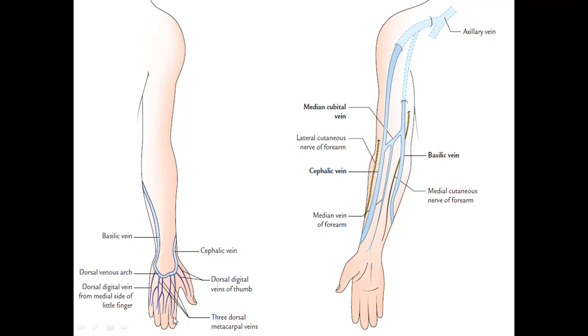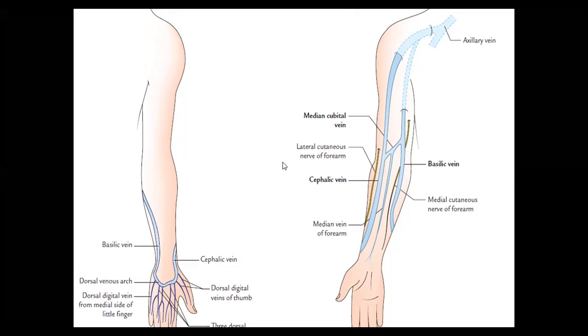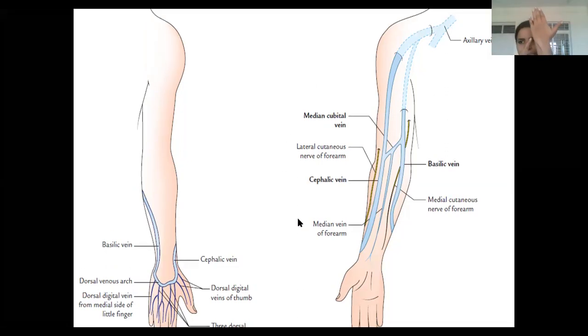The digital veins are seen in these interdigital spaces, interdigital clefts. And you can see they are draining into one straight vein, that is the metacarpal vein. So all these metacarpal veins are draining into an arch, which is called the dorsal venous arch. If you look into my hand also, over the dorsum of our hand, whatever arch we see is the dorsal venous arch, this one.